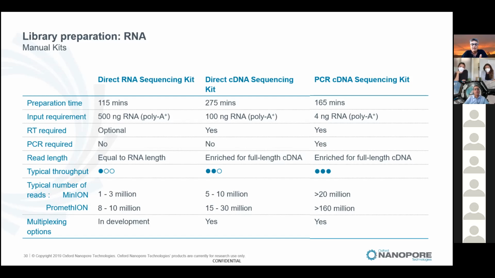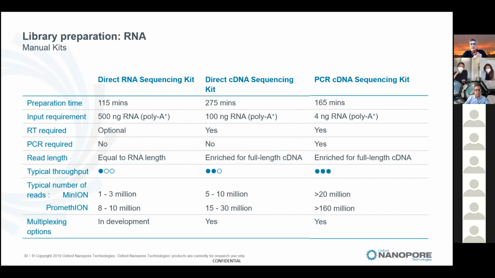And this can be ideal for validation studies, for example, because it's orthogonal to other methods. And then we've got 2 kits, a direct cDNA sequencing kit, which does give you a first strand cDNA synthesis, and then it feeds into our DNA sequencing kit. It needs less sample, 100 nanograms of poly A. And because it's using our faster motor protein, you get more sequence generated, 10 to 30 million reads, depending on